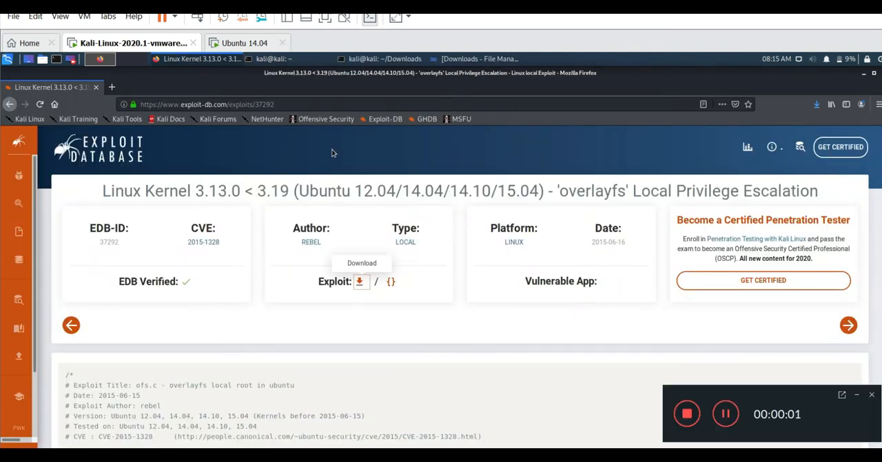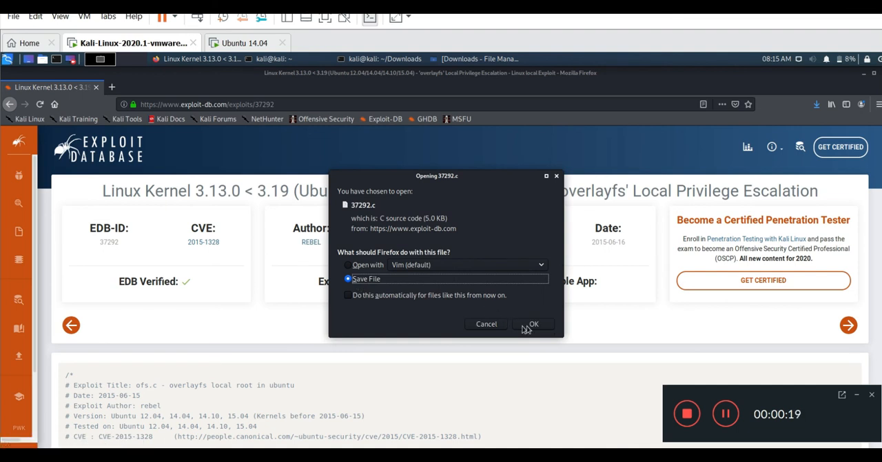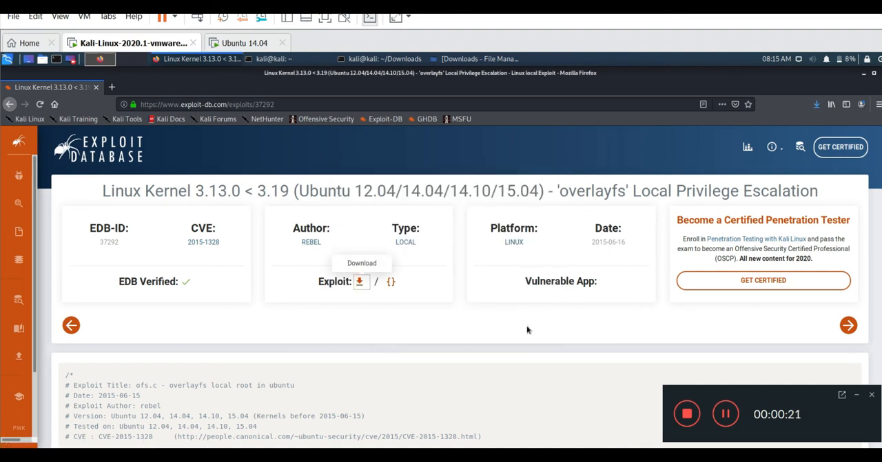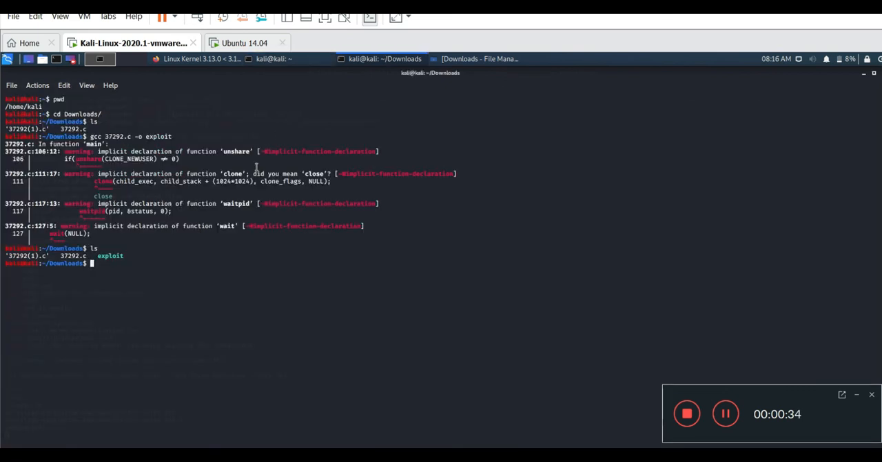Okay, so if I go to exploitdb.com and search for Linux kernel 3.13.0, it should come up with a vulnerability exploit associated with that, right? So I'll download it and save it in my Kali machine. And then go back to Kali downloads, and if I do ls, then yeah, there is